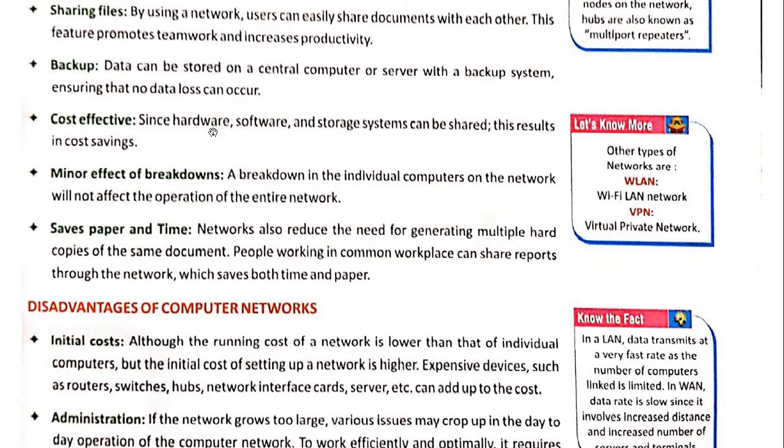The next benefit of this network is that it is cost effective. How is it cost effective? When 10 people are interconnected, one has a printer, one has all the software, and like this the software, hardware and different peripheral devices can be used among each other, so the cost becomes very low in accessing all the resources. So working in collaboration means cooperation: two or more computers get connected, and then they can have very low cost access to each and every type of software and hardware.